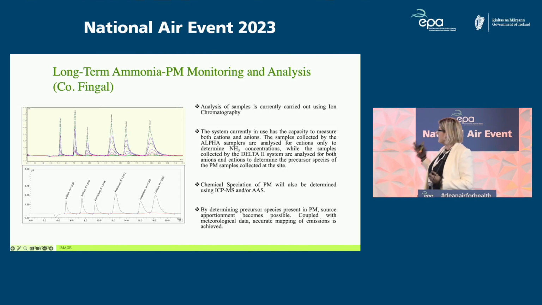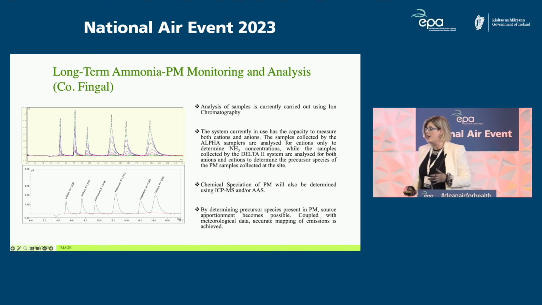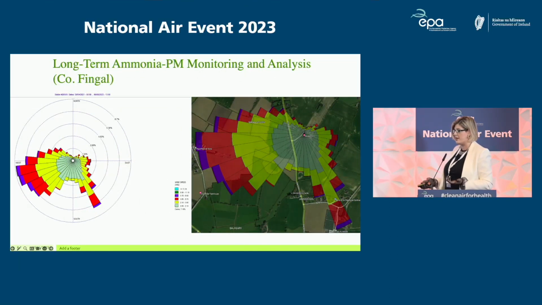Now, the analysis that we do then involves ions, so we use a technique called ion chromatography. The system, as you can see, produces beautiful graphs with lovely little peaks where they tell you, this is what you're looking for, this is how much of it there is. So it's actually a really beautiful system, it is very simple, and it produces a lot of data in a very efficient amount of time. So it's a very efficient piece of analysis, and gives us loads of information on secondary particulate matter.